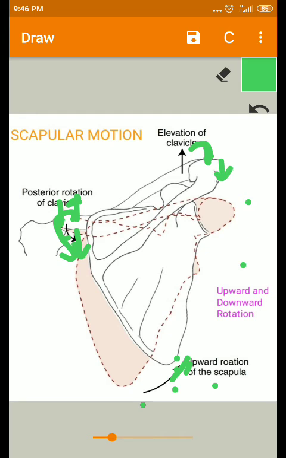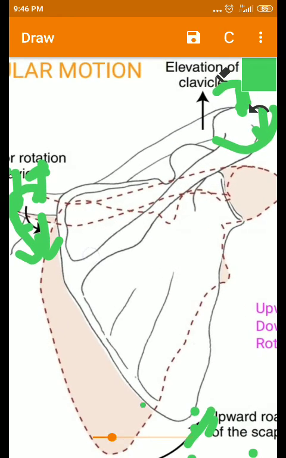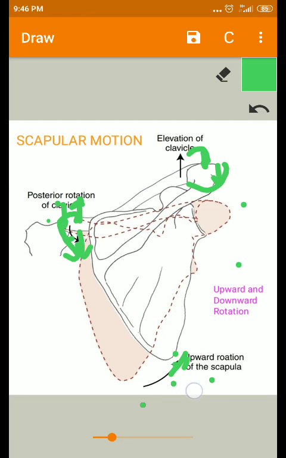All these movements also occur for the rotation of the scapula in upward and downward directions. So any kind of movement, these contributions occur at any joint, it causes movement in the scapula, or any upward and downward rotation of the scapula causes whatever proportions I have explained to take place at the acromioclavicular joint and sternoclavicular joint.